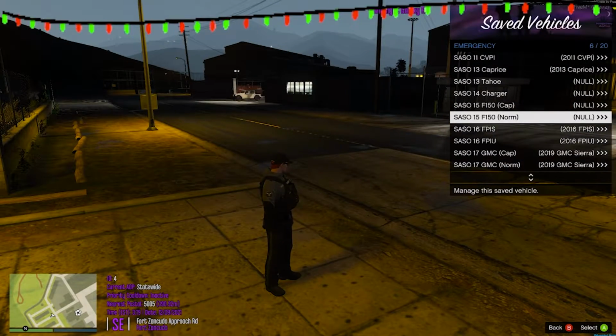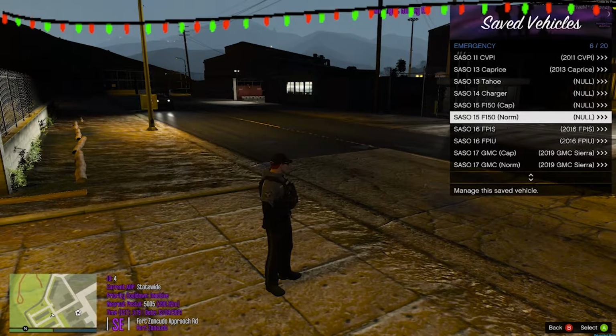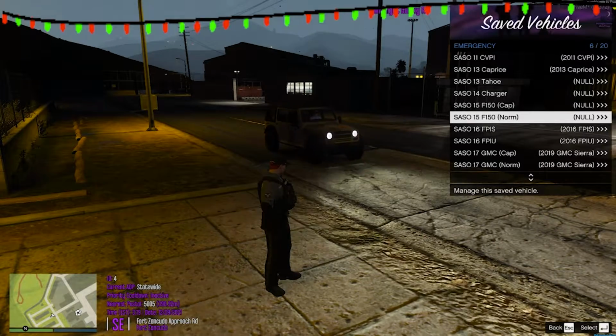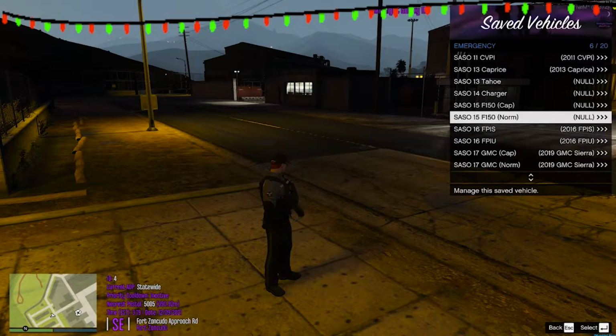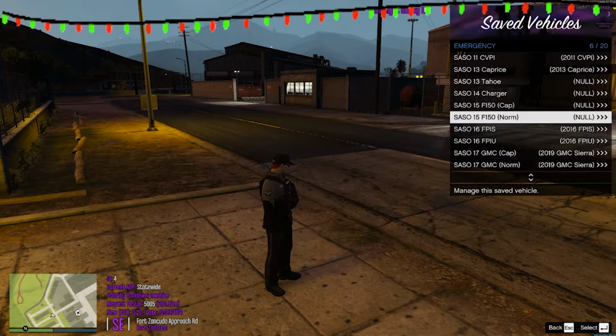What do I want to use for cruiser for this shot? Well, we've got the Charger, the 18 Charger, the Taurus, the Silverado, the 20 and 16 FPIU.